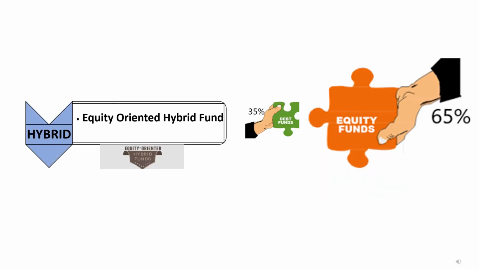The last category of mutual funds are hybrid funds, which invest in both equity and debt funds for better returns. These can be further classified into four types, normally based on allocation of equity and debt composition. In the first classification, we have equity-oriented hybrid funds. These are the funds in which the fund manager invests more than 65% of the fund's assets in equity and the rest in debt or money market instruments. The equity component of the fund comprises equity shares of companies across industries.